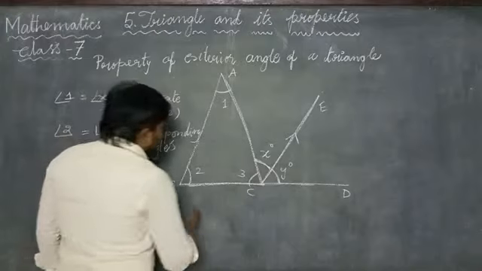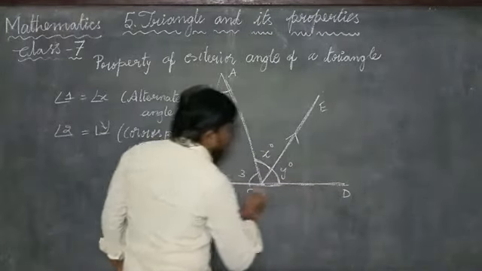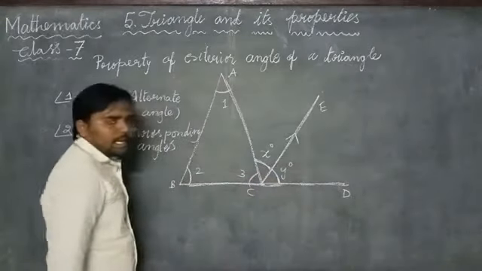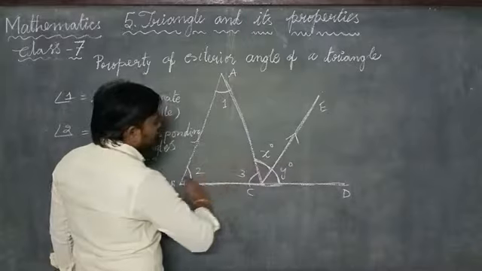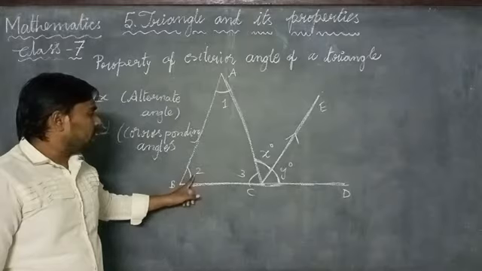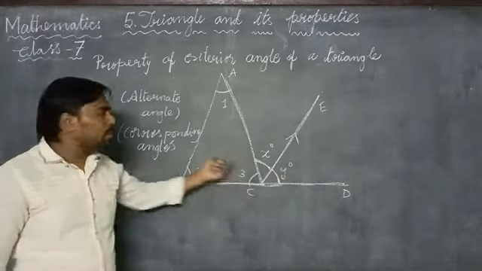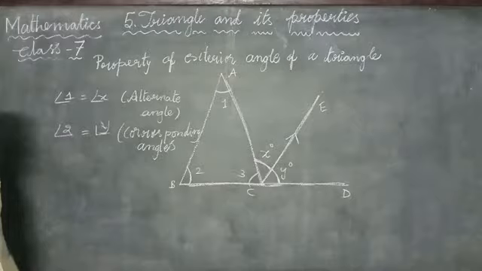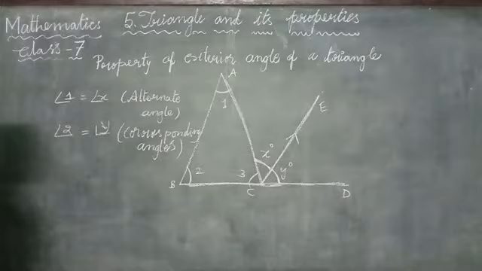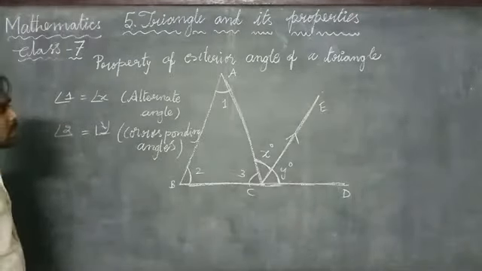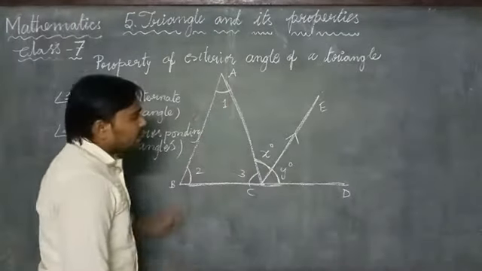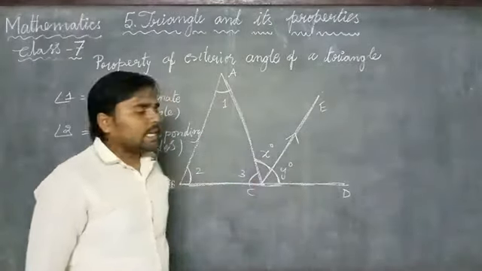Here we go. Suppose BD is the transversal line. Angle 2 and angle y are corresponding angles with respect to the transversal line BD. So angle 2 equals angle y according to corresponding angles. Okay. Now let us see the statement: the sum of opposite interior angles of a triangle is equal to the exterior angle of the triangle.